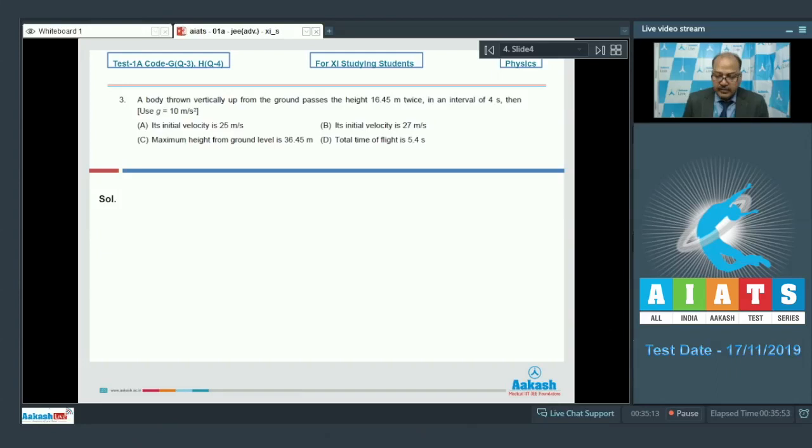Using the equation y is equal to u_y t plus half a_y t square, we get 16.45 is equal to ut minus 5t square, or 5t square minus ut plus 16.45 is equal to 0,